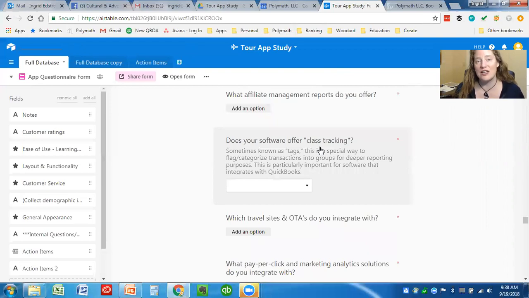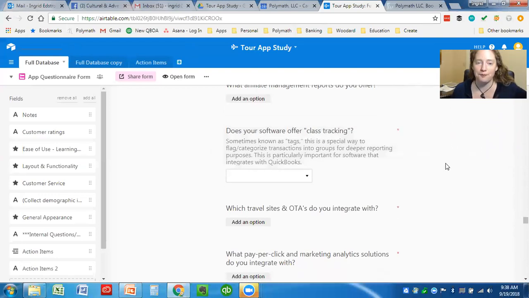The important thing is that when you use class tracking in QuickBooks, you can see a profit and loss for each class. So say you're doing it by tour, it makes it so that you can see how each tour is doing individually, and you can compare tour by tour, as well as comparing that tour to maybe that tour the previous year to see what's changed. It gives you more information so that you can make educated decisions.